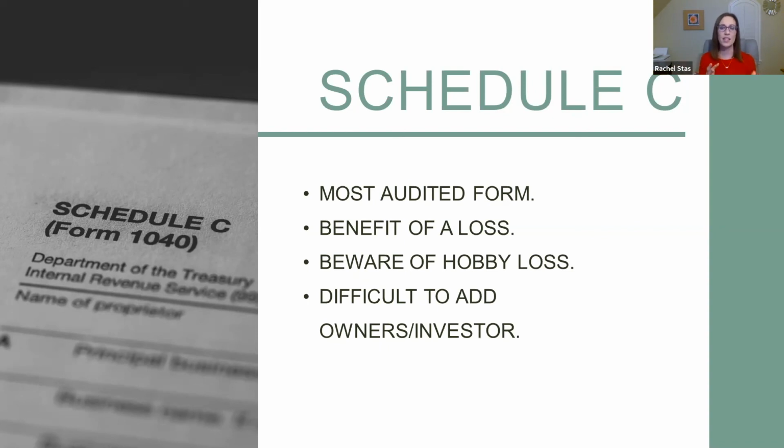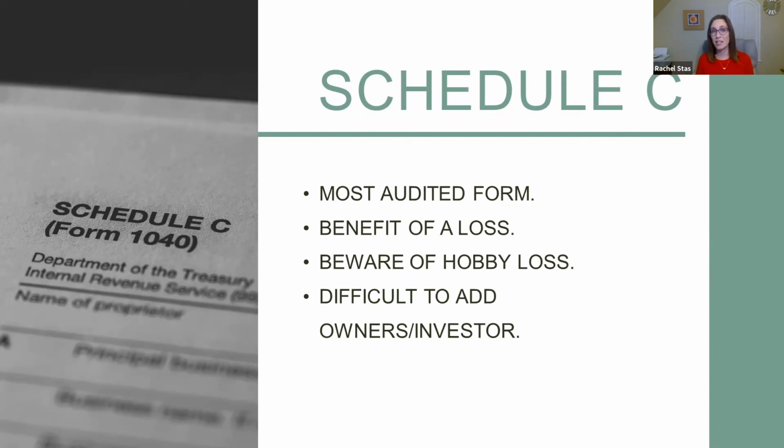There are other things they can do that you can prove, like, no, it's not a hobby. I really am trying to do this. I'm just bad at it. But they look at things like your time and your effort. So if you have this Schedule C, but you also have a W-2 because you have a day job, they're going to want to see that you advertised, or you incorporated, or something that proves that you're trying to move this business forward, as opposed to just using it to get expenses.